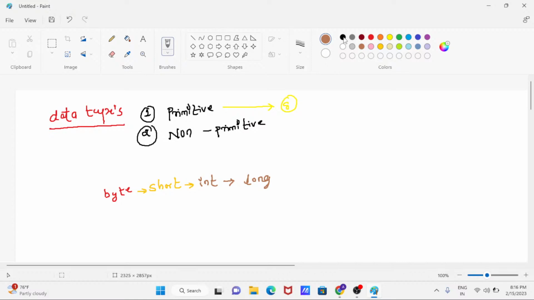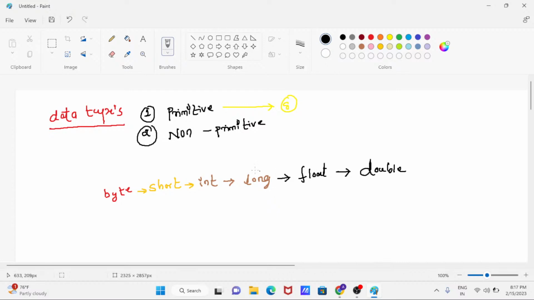Next float, very nice. Next double. These are the data types we use for storing numbers, decimal numbers and non-decimal numbers. So you have this much clarity, correct or not? Clear, right?